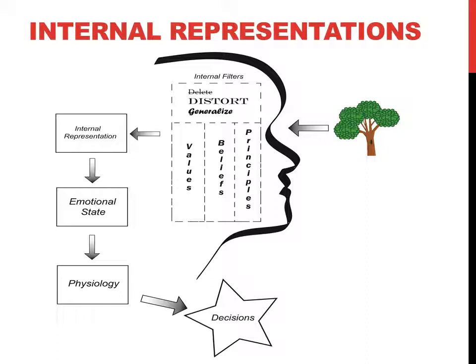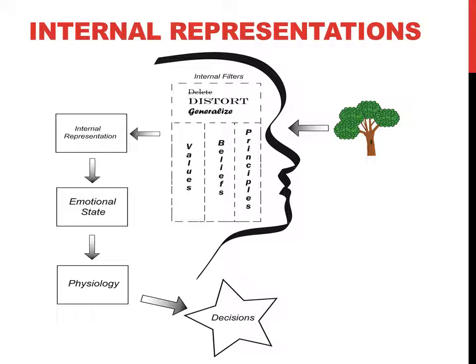So what happens is that these values, beliefs, and principles work as a stained glass window. And we create in ourselves an internal representation of the external reality based on how these three elements filter the external data through our senses. Our internal representation for us becomes, for all intents and purposes, our reality. Our reality then generates an emotional state. Remember, we talked about dual processing, affect and logical processing, which then affects us physically, and which in turn affects us